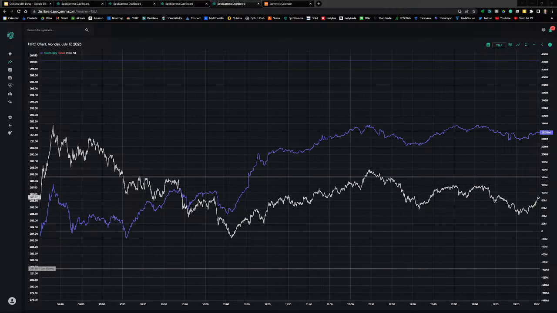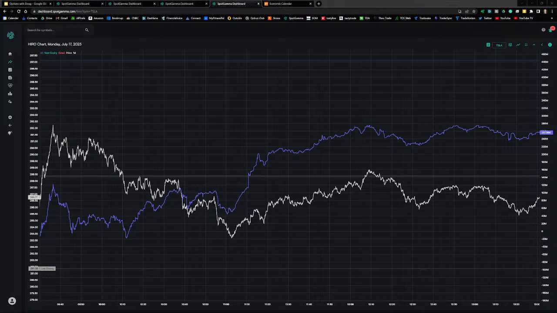So notice that Hero is making somewhat equal highs and equal lows up until about 10:10, makes one final test lower, starts to move higher as traders start taking positive delta positions. Price continues lower and then reverses higher right about 11 o'clock. So this took a while to play out, but a nice divergence long for Tesla.